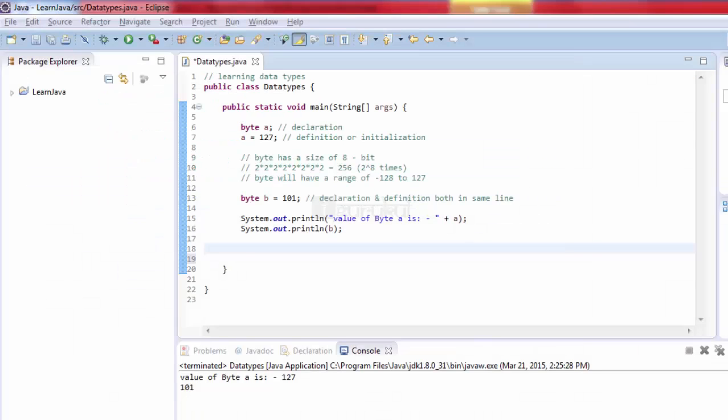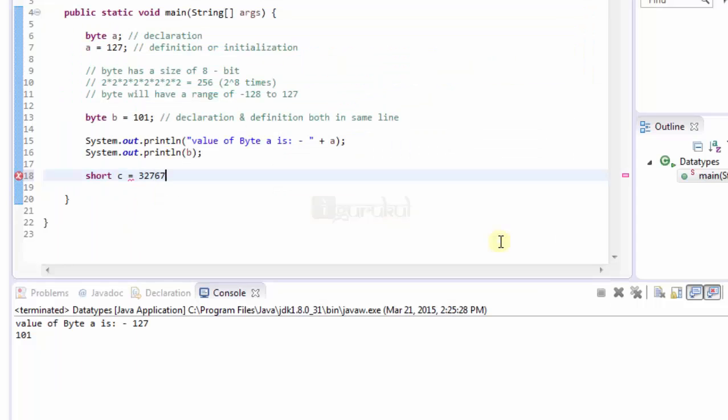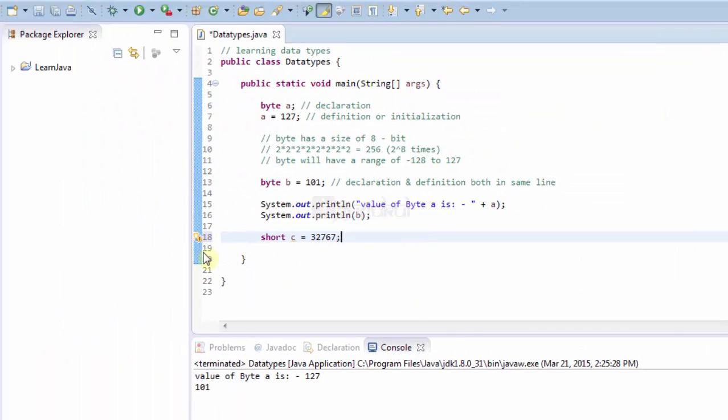Similarly, you can check the range of short, integer and long data types. Let's take an example for short data type first. Then we will move on with floating point data types. So what I need to write is short, our data type, give it a variable, assign the value. Let's check the range first. Short has a range of -32768 to 32767. That means 32767 is the last of its range. So it will not give me an error if I give a value of 32767. But what if I give it a value of 32768? It will give me an error: type mismatch, cannot convert from int to short. So you have to be sure about the range first to work with data types.